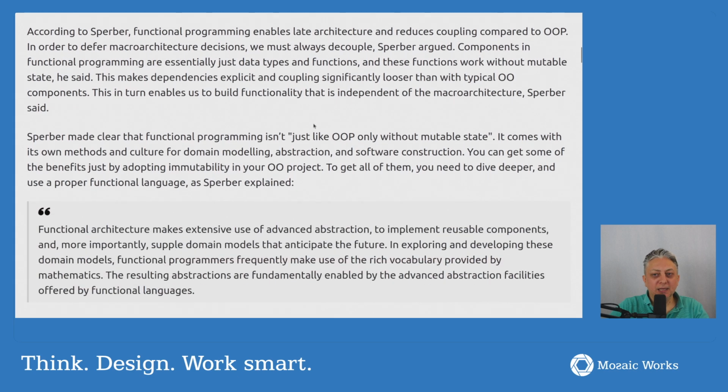All right. According to Sperber, functional programming enables late architecture and reduces coupling compared to OP. In order to defer architecture decisions, we must always decouple, Sperber argued. Yes, this is correct. More than that, you should define modules. That is one of the most important parts. Components in functional programming are essentially just data types and functions, and these functions work without mutable state, he said. This makes dependencies explicit and coupling significantly looser than with typical OO components. This in turn enables us to build functionality that is independent of the macro architecture, Sperber said. Right, so this is correct, and